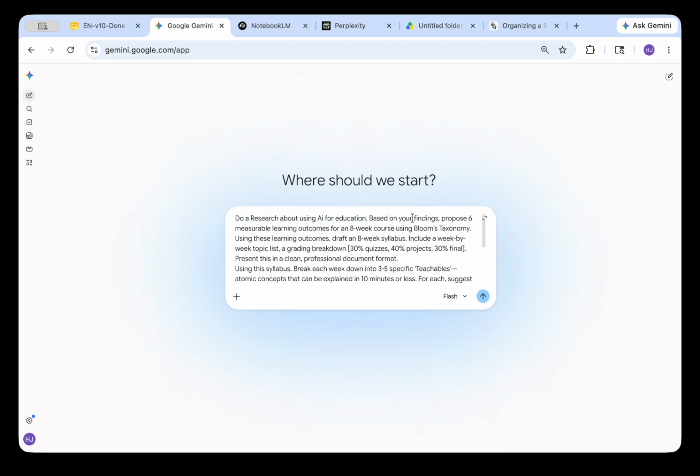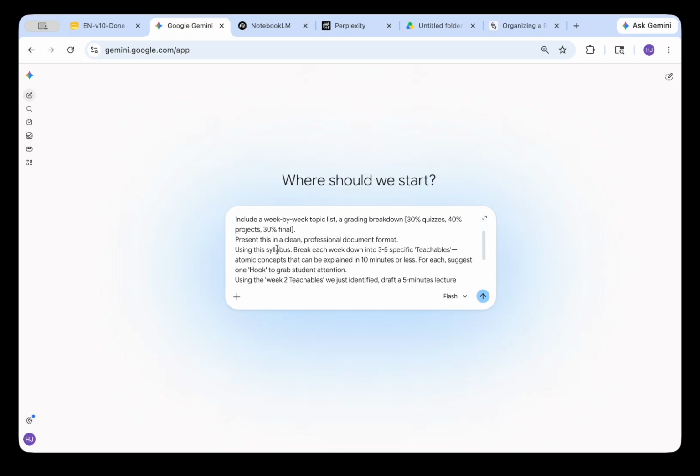Let's assume that I would like to design a course about using AI for education, and based on the findings, I would like AI to propose 6 measurable learning outcomes for an 8-week course. I would like to use these learning outcomes to draft an 8-week syllabus, and then I would like to include a week-by-week topic list. The grading breakdown is as follows, and I would also like to present a clean, professional document format